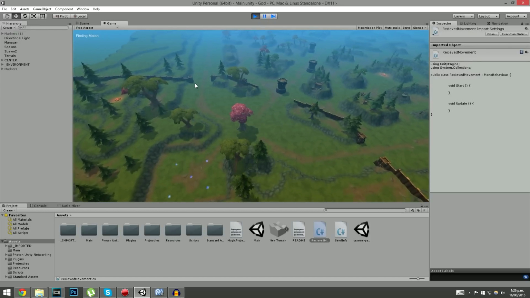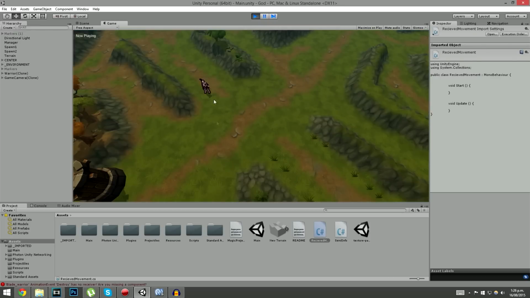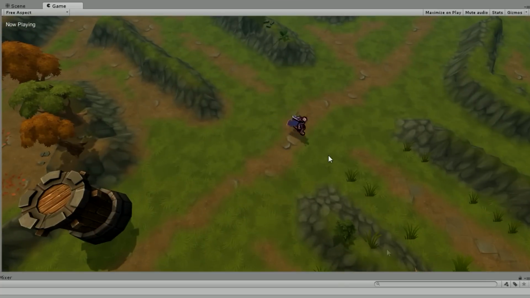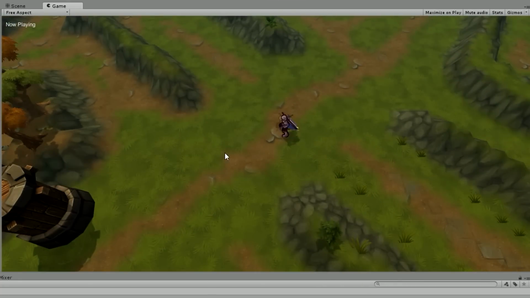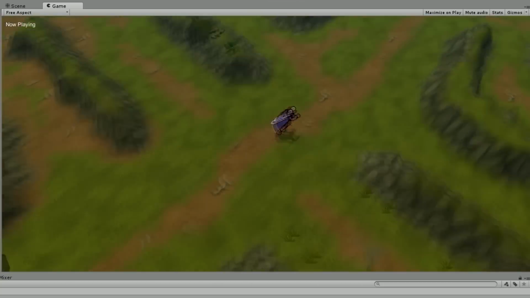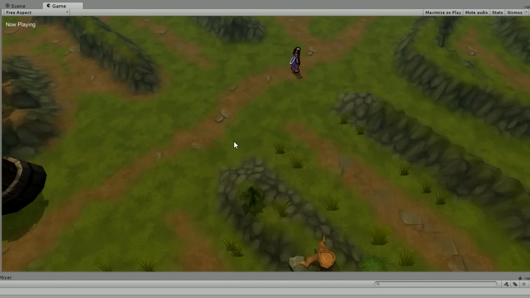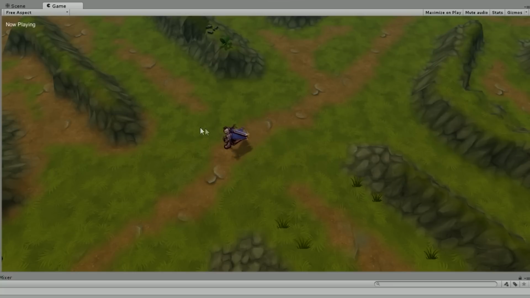But anyway, what we're going to try and achieve right now is this thing right here. I've got an animated character here, so I'm going to apply it not to an animated character, and then I'll teach you guys how to do the animations, possibly in one more video, because I want to make these short enough so people can skip parts that they already know. So basically you just right click somewhere, and your character will move to that